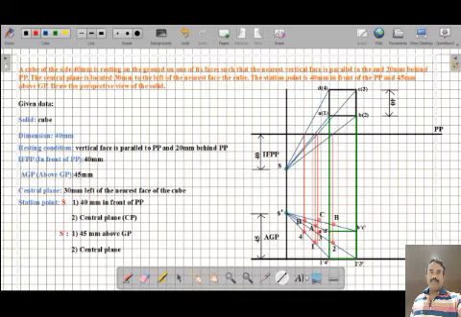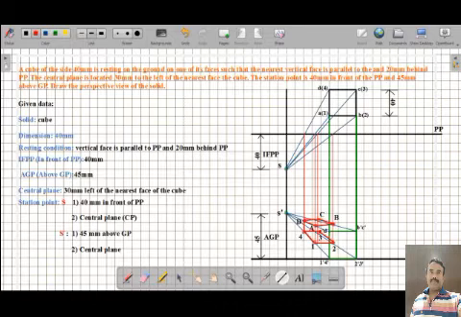So after getting all the corner points, now connect all the corner points. Now I am connecting A with B, B with C, C with D, D with A. This is the top base. Now I am connecting 1 with 2, 2 with 3, 3 with 4 and 4 with 1. This is the bottom base.